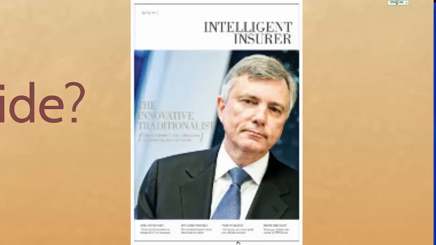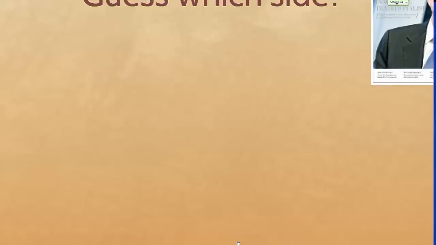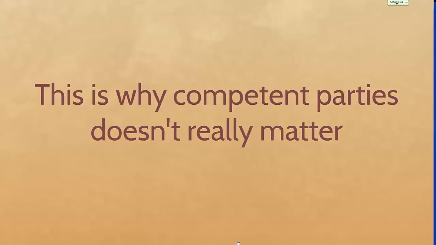the contract, whereas the insured can cancel the contract at any time and receive a refund of premiums for the portion of the policy period that hasn't expired. This is one reason why competent parties isn't that significant in an insurance contract, because the insured is not legally bound to perform.